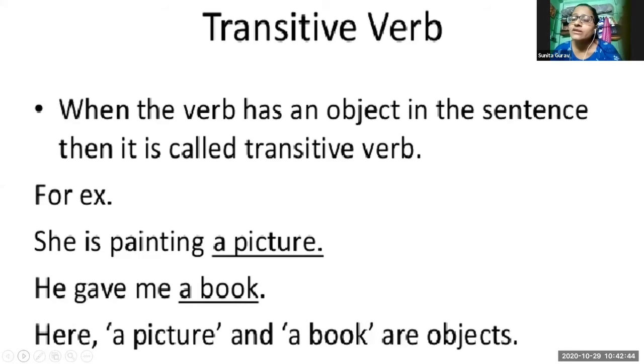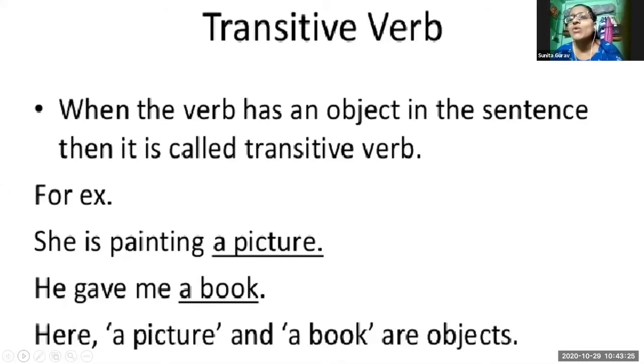Students, you must be knowing that any sentence has subject, object and verb as three parts of it. Any sentence, you take any sentence in this whole world, wherever in any nook and corner you go, you will find that the English language has three parts: subject, verb, and object. Without these three parts, any sentence cannot be formed. It is compulsory to have these three things in any sentence.